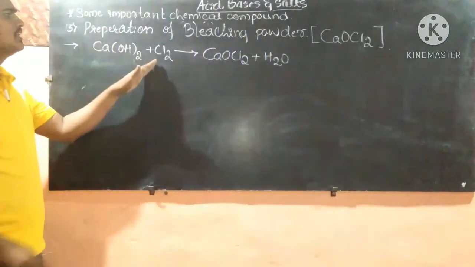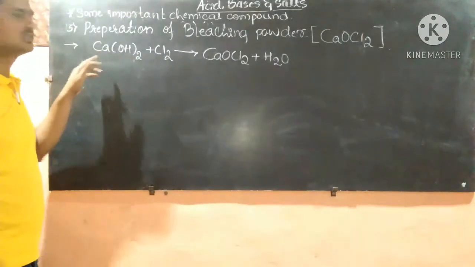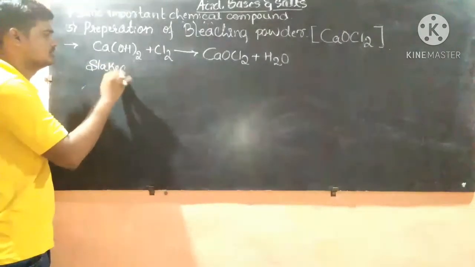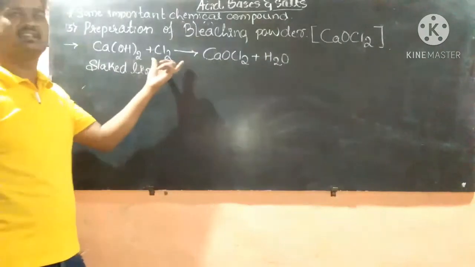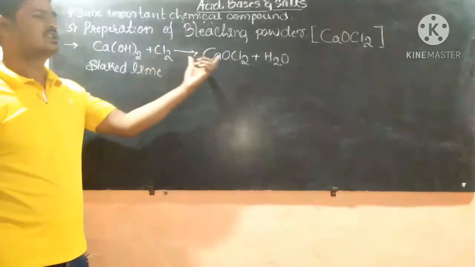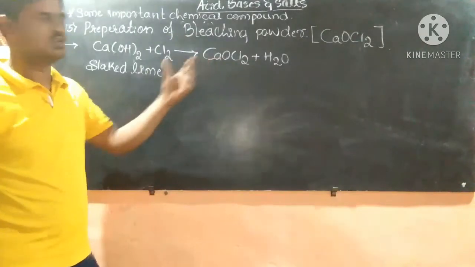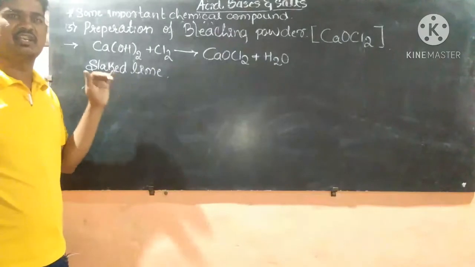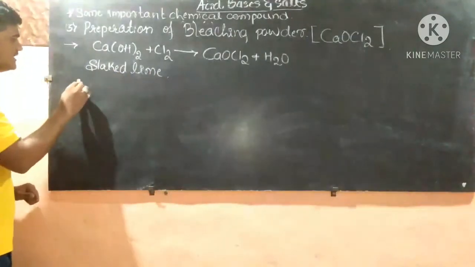So when chlorine is treated with calcium hydroxide, that is dry slaked lime, the calcium oxychloride, that is bleaching powder, is produced along with water. This is the chemical reaction involved in the preparation of bleaching powder, and some uses of the bleaching powder are